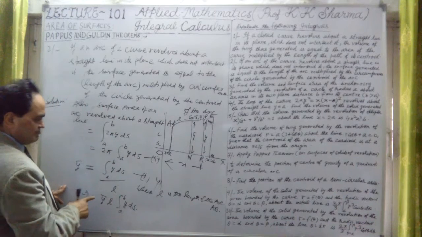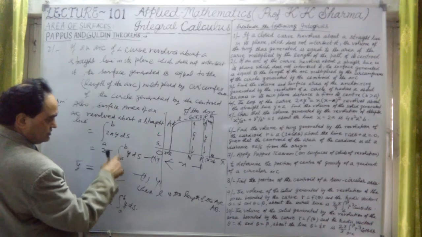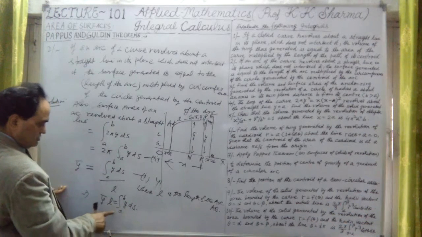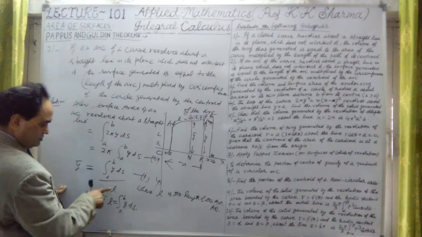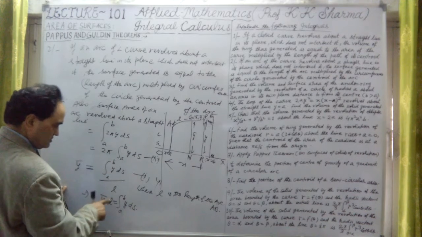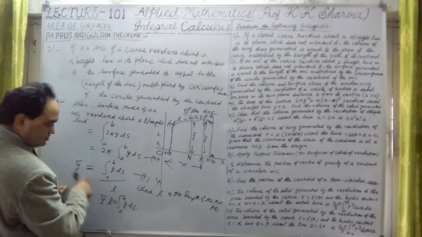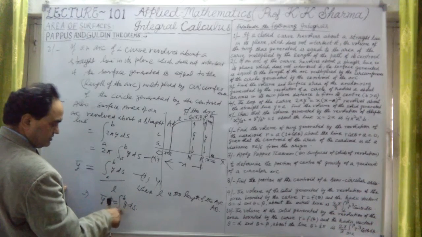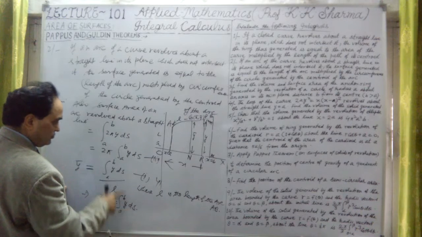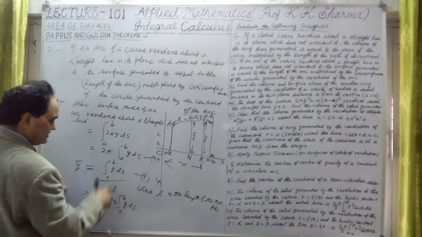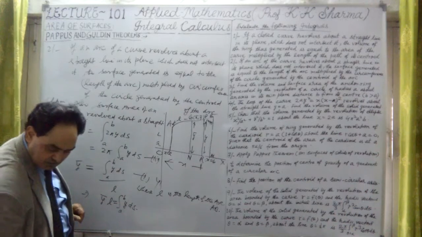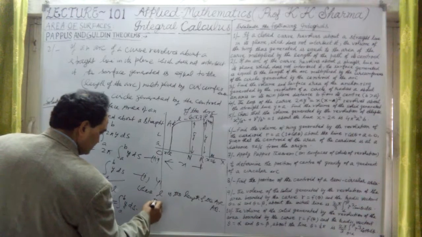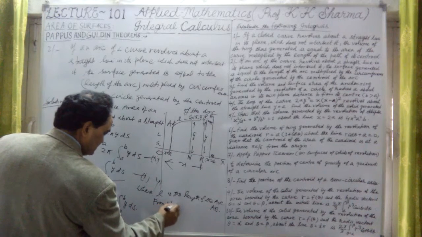First we have taken this. What do we see here? This integral of y into ds from A to B is, therefore, y bar into L. By cross multiplication, in place of the integral from A to B of y into ds, we can write y bar into L. Let me write it here. So from the first and second equation,